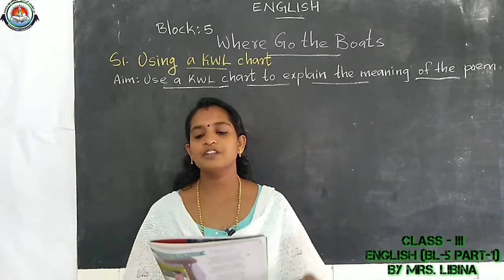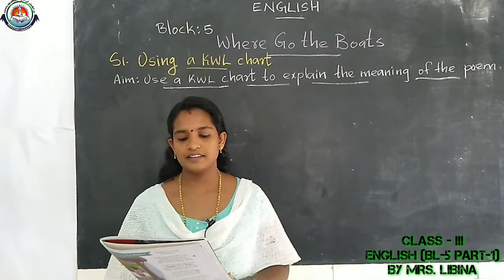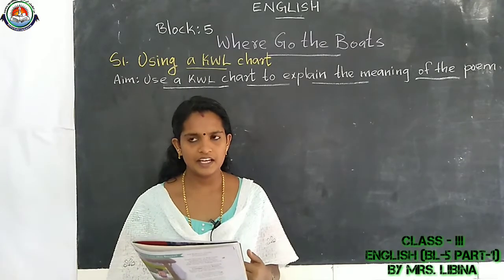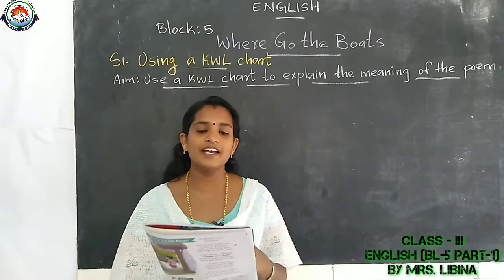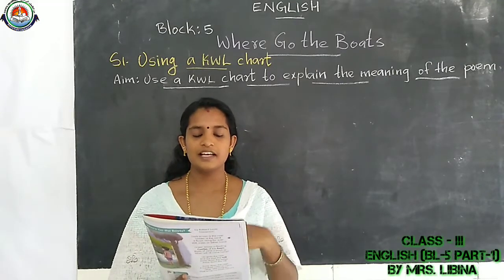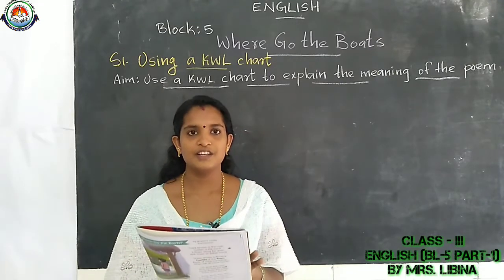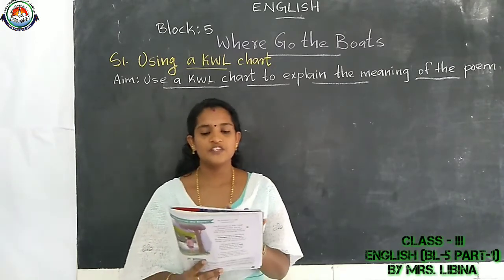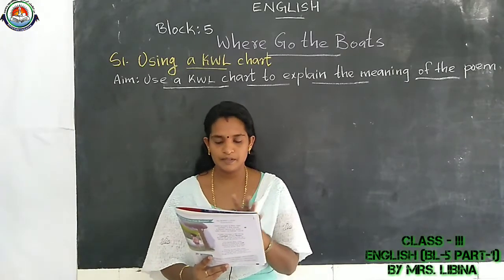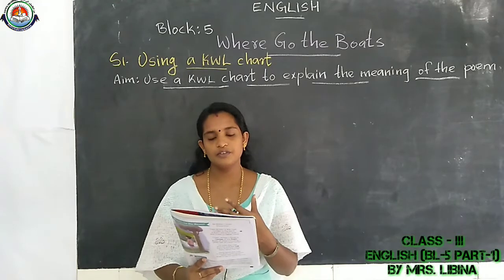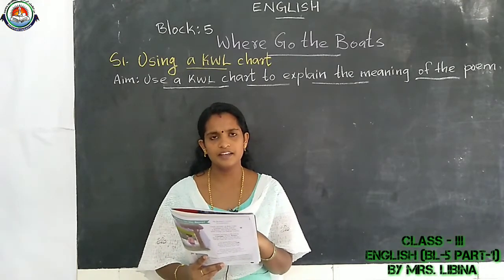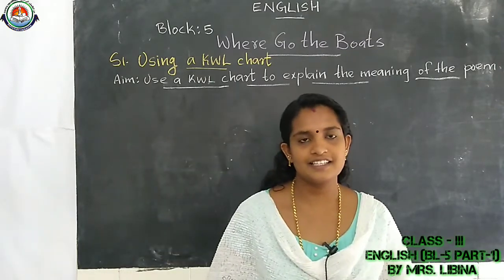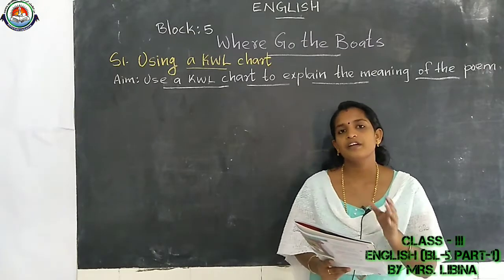Yes, Where Go the Birds? A boy is standing there, isn't it? Where is he standing? Nearby the sea, isn't it? No, nearby a river. And in that river, what's it? Is it a fish? No. What's it? Boat. Okay, very good. You have to check which things are there in that picture and everything. What do you feel? Is the boy feeling sad or happy? Yes. Sometimes you may feel happy or sad, isn't it? Anyway, after reading this poem, we have to know.